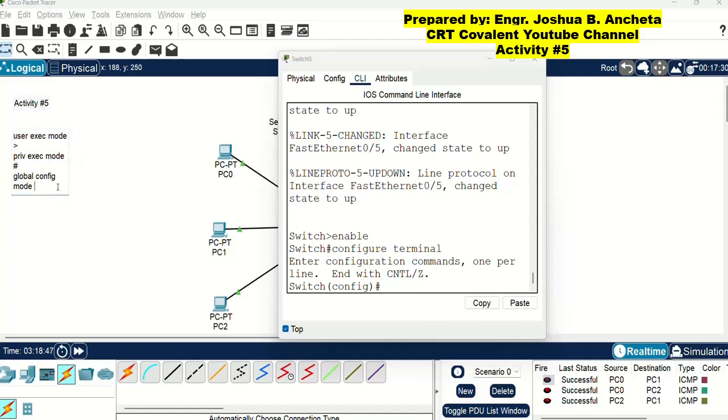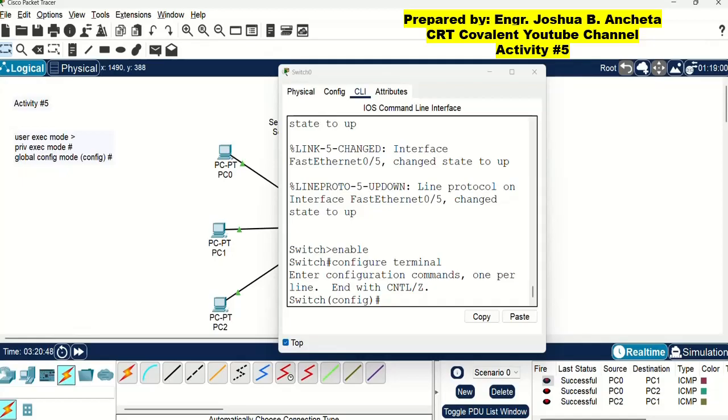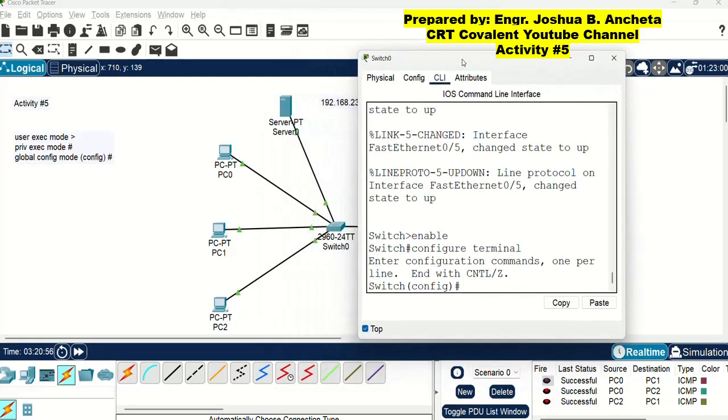If you are in the global configuration mode, there is a word config enclosed in parentheses followed by the number sign symbol. So with this config and number sign, you are now in the global configuration mode.